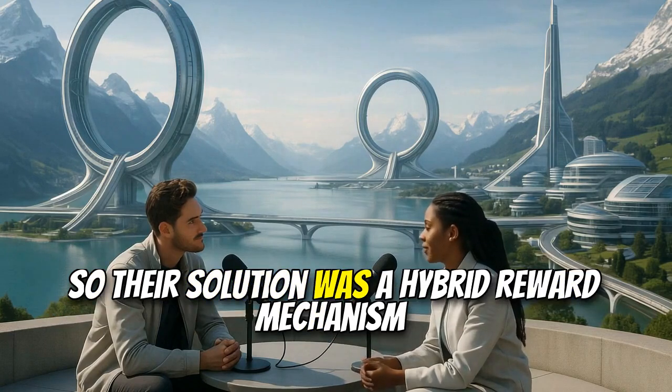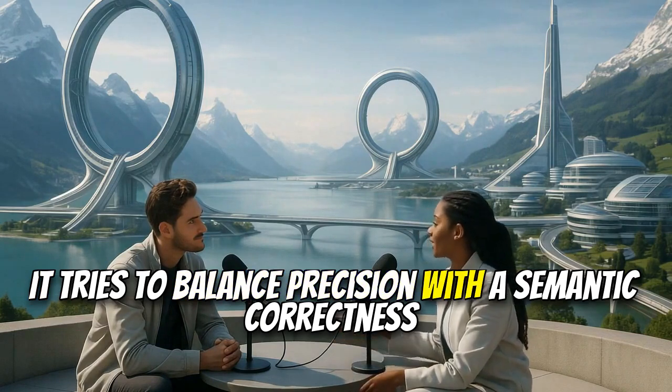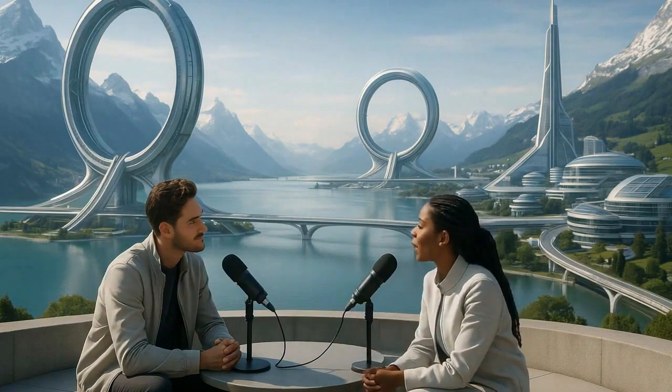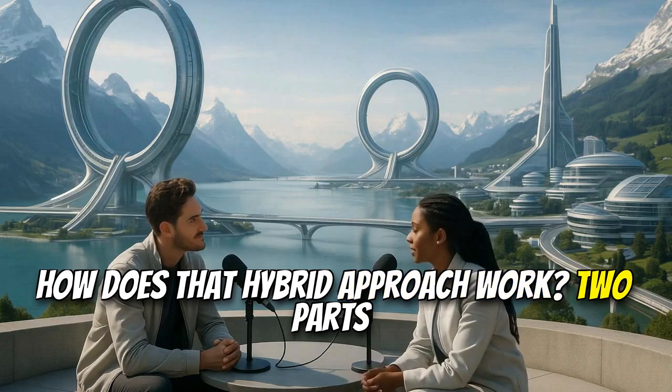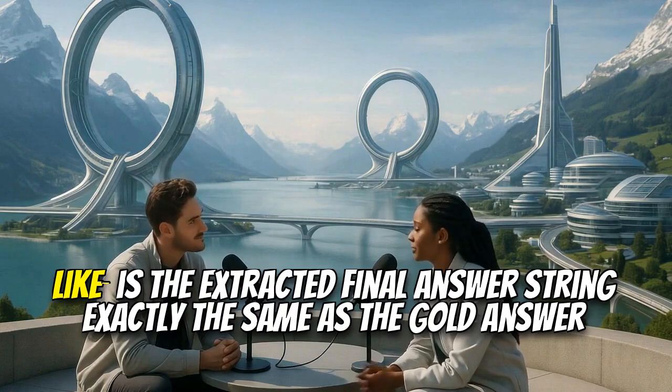So their solution was a hybrid reward mechanism. It tries to balance precision with semantic correctness. How does that hybrid approach work? Two parts. First, rule-based verification. This gives you precision. It does strict checks like, is the extracted final answer string exactly the same as the